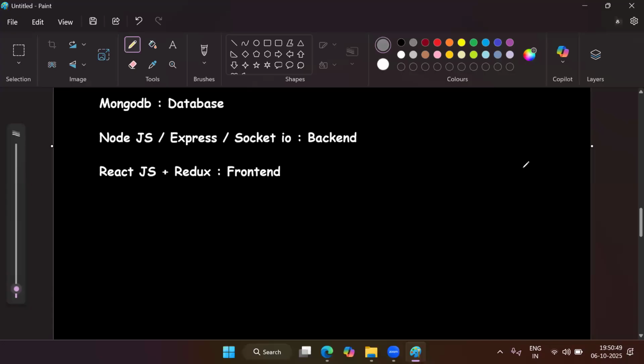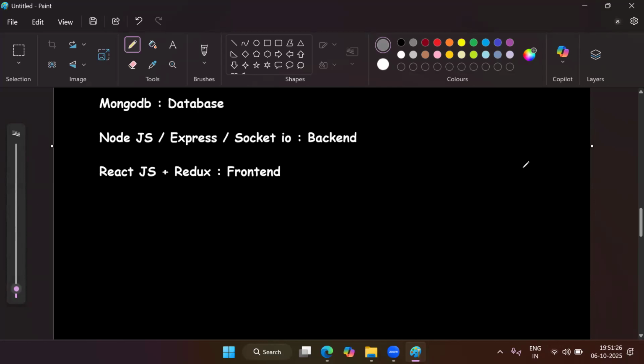Now why MERN stack? Because the applications developed with MERN stack are much faster than with any other stack. The development process is a little fast. We use only a single language, that is JavaScript, to develop our front end, back end, and database. And right now in the market, most of the people are using MERN stack to develop applications, especially small scale or medium scale applications. And in certain applications, like enterprise applications also, people prefer MERN stack.